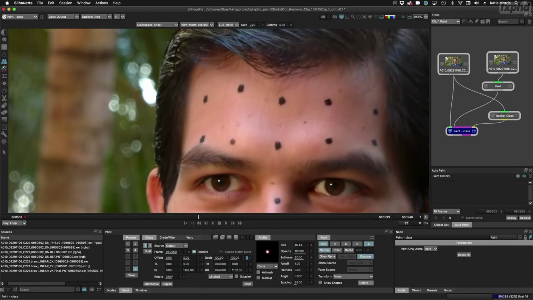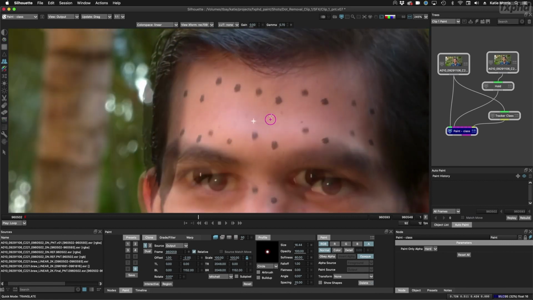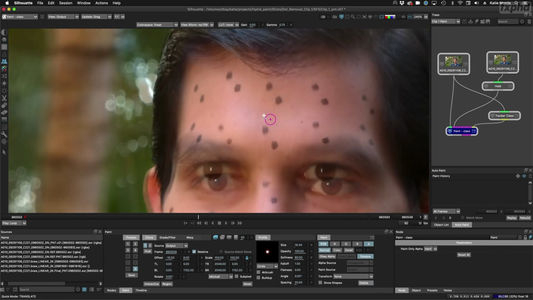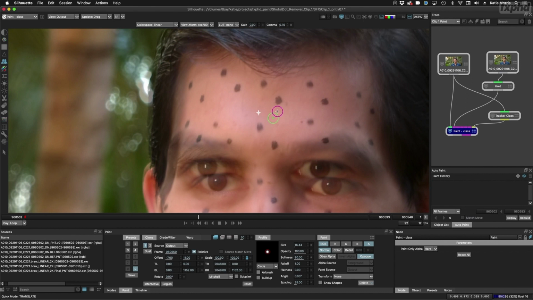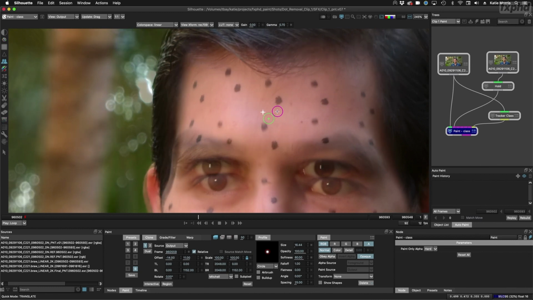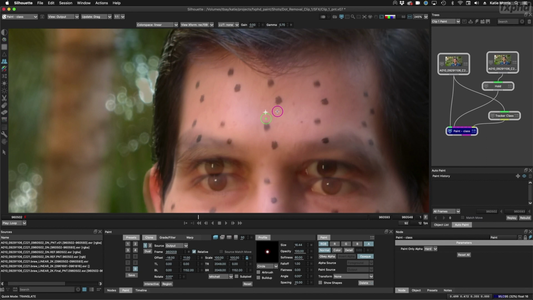Okay, it'll be easier to see on this frame. I'm just going to press the Q key, and that is the translate. And I can move things around with my cursor by holding down on the tablet. I can use the arrow keys to move things up and down or sideways. If I hold down the Shift key, it moves the source in increments of 10, or however you have that